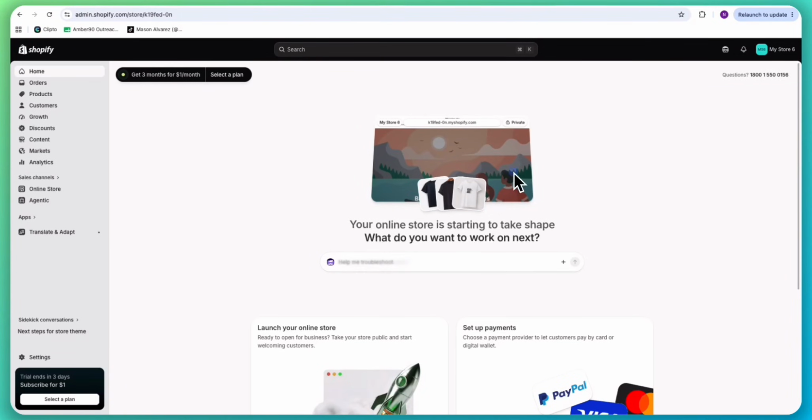Hey everyone, today I'm going to show you how to link your bank account to Shopify so that you can receive payouts from your store. I'll show you where to find the payment settings, what details you may need, and how to finish the setup